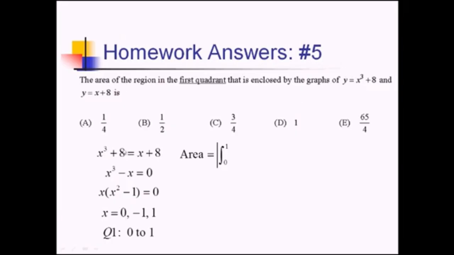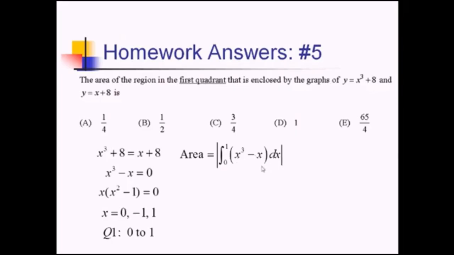Now, it turns out we already did that subtraction when we moved x plus 8 over to the left side of the equation. So this x cubed minus x is really one function minus the other. Just stick a dx next to it, close the absolute value out, and we've got our integral. I am going to have to do all this by hand, though. Again, this was a no calculator